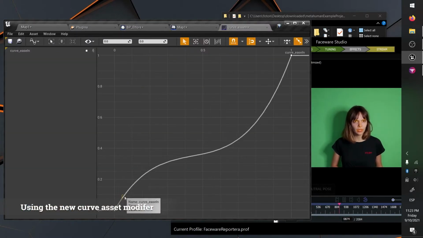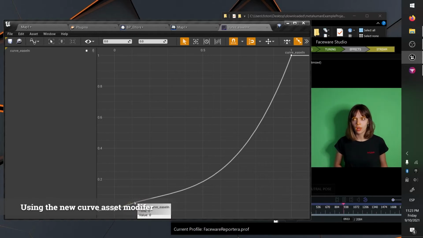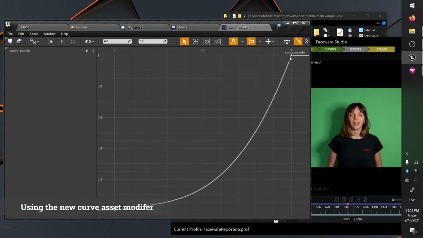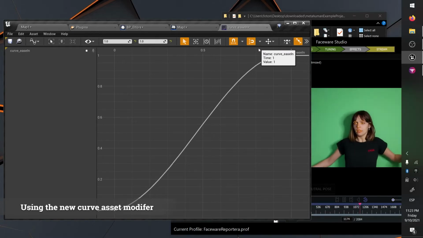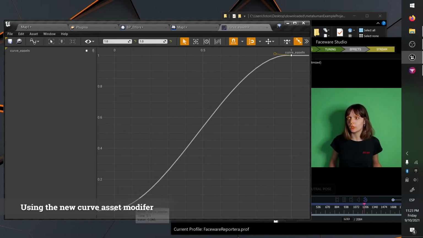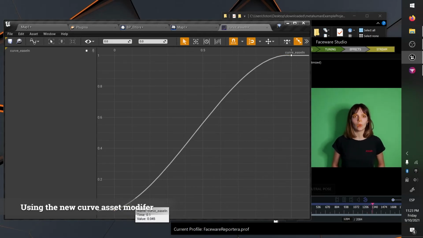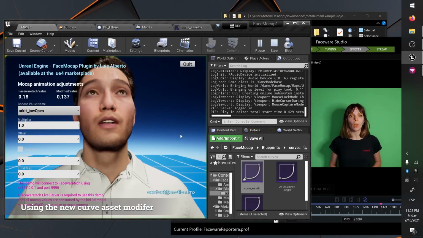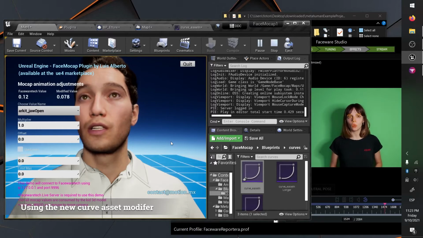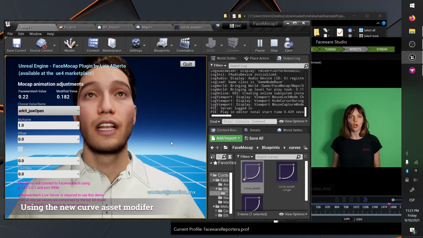Let's just play a bit more with the curve so we can have a better effect for the jaw movement. Let's try something like this and let's preview it. So I think it's good enough,